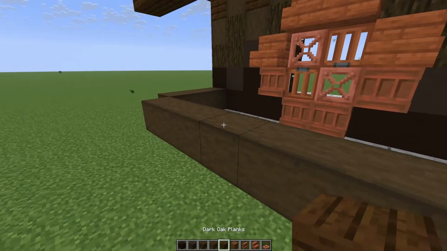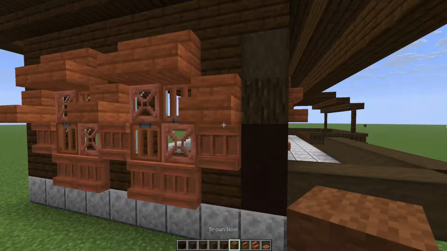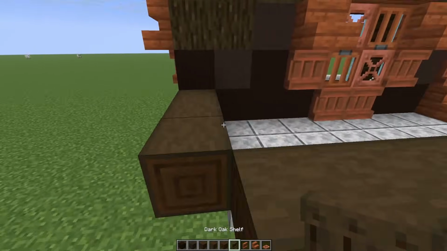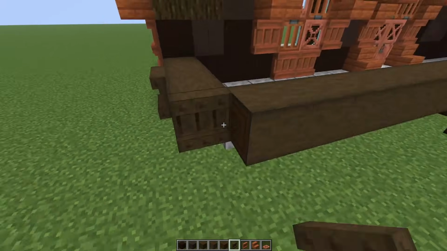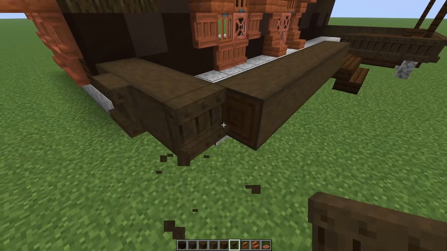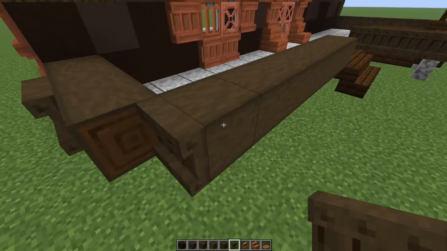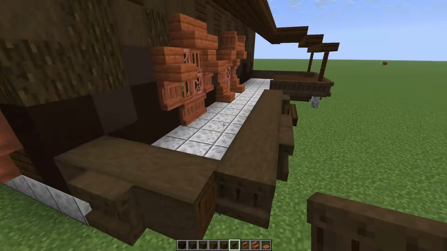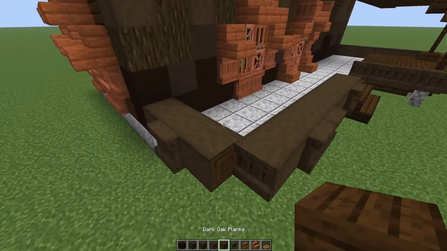Like so, and it will look a little fat, but I hope that if I just take the dark oak shelves, I can make it look a little more chunky, and it'll look a little less weird.